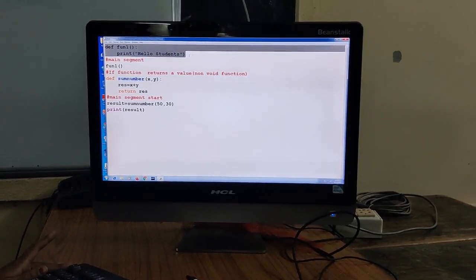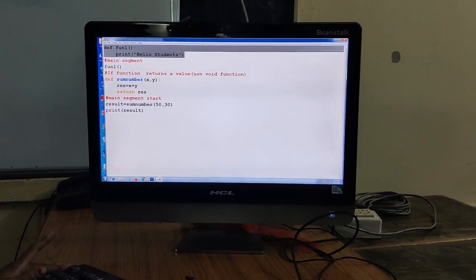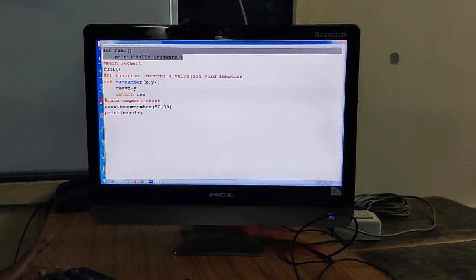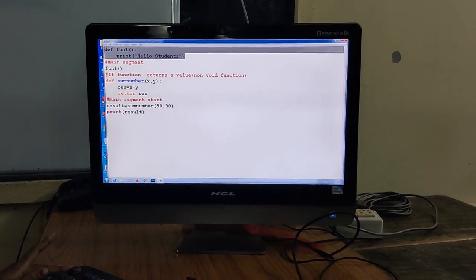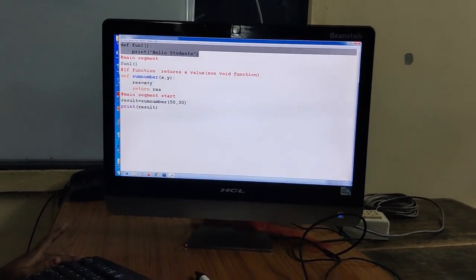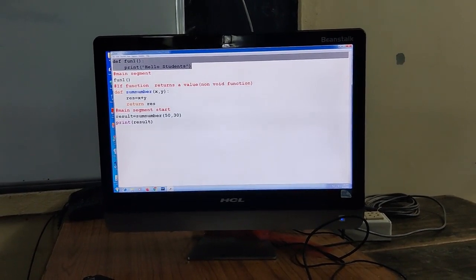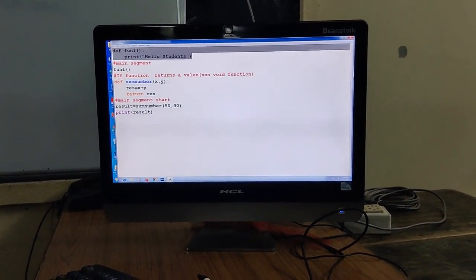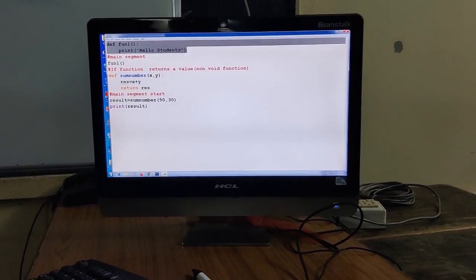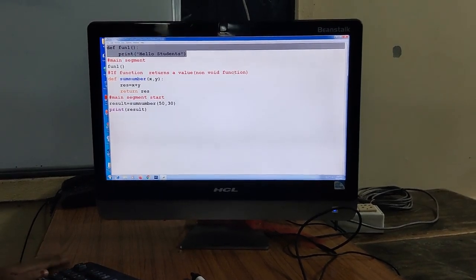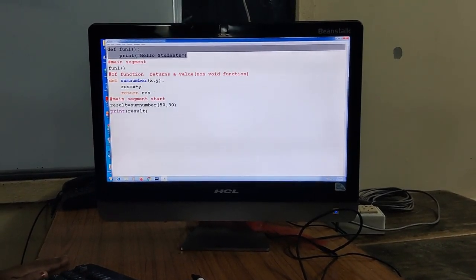This fun1 function is known as a void function because it does not return any value. So there are two types of function. One is a void function and another one is a non-void function. A void function does not return any value, and a non-void function has a return statement.